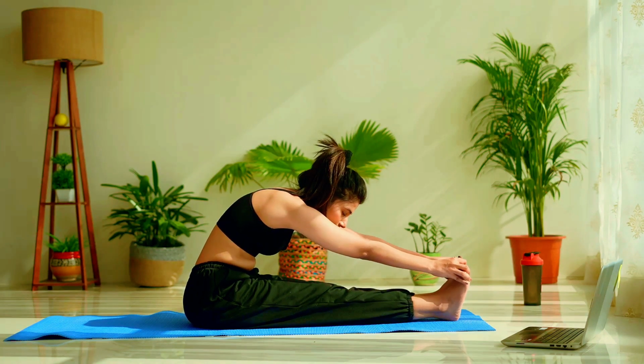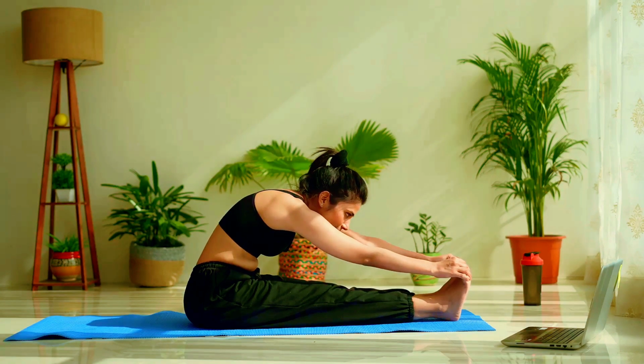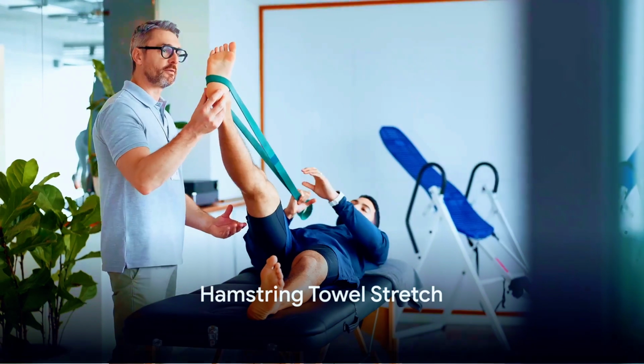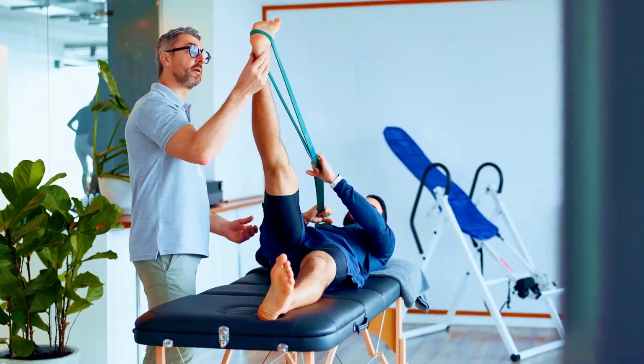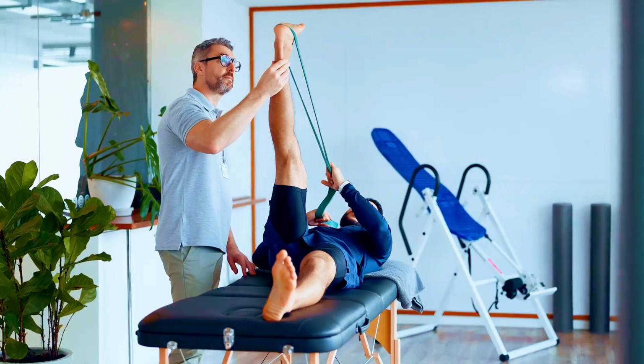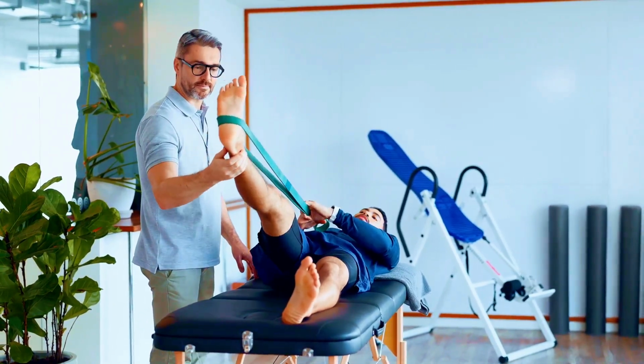The toe touch stretch is a fantastic addition to any exercise routine for its multiple benefits and simplicity. Diving deeper into our exercise routine, we encounter another beneficial stretch, known as the hamstring towel stretch. Identified as the ninth exercise in our regimen, this stretch specifically targets the hamstrings, which are often a common culprit